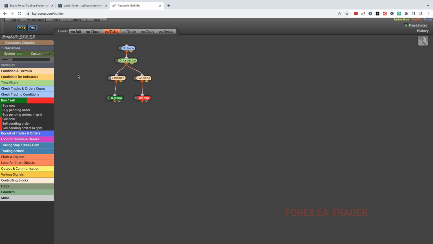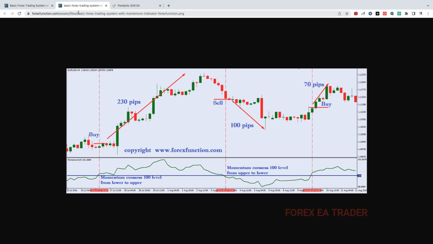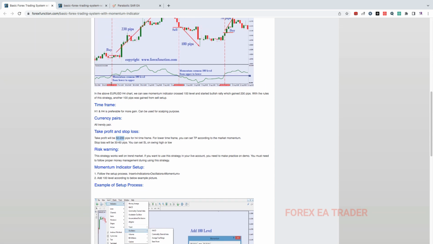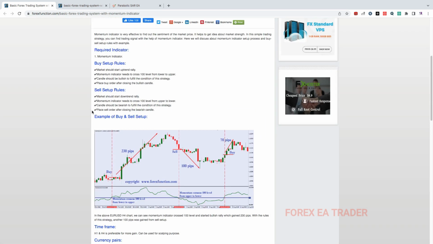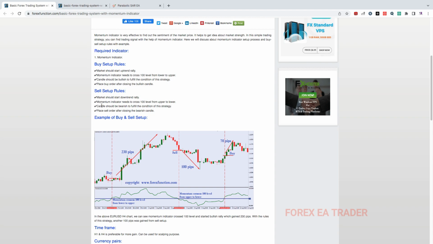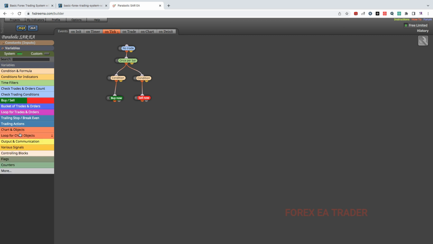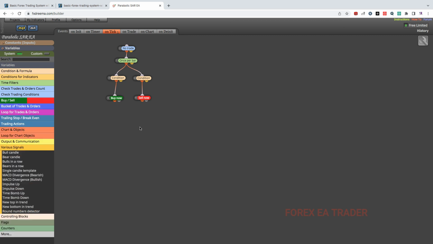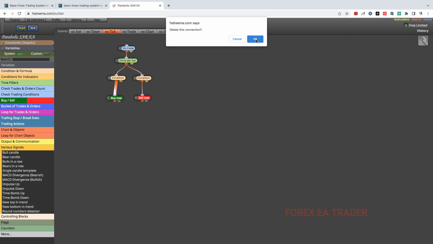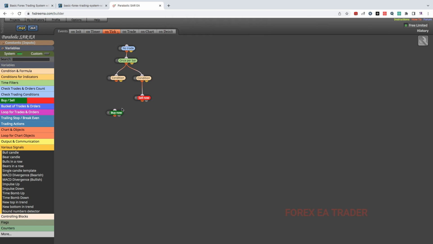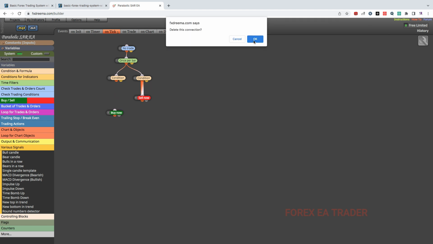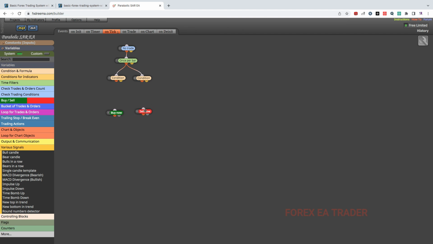What else might we want to do before we actually save this system? Let's just see time frame. I don't really mind about time frame. What do we need? We might need candles. Let's see if we are going to find some candles. So we are going to click on this, just normal click to delete the connection, and we are going to click on that and delete the connection there,